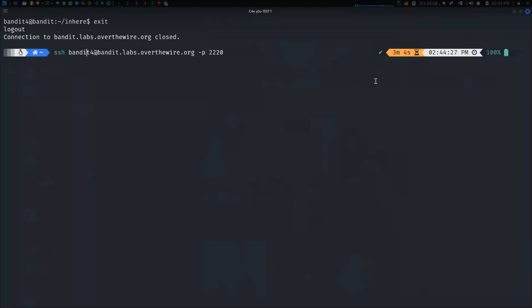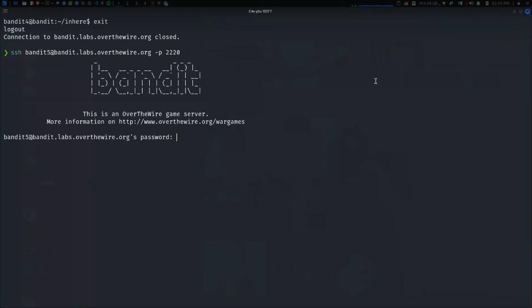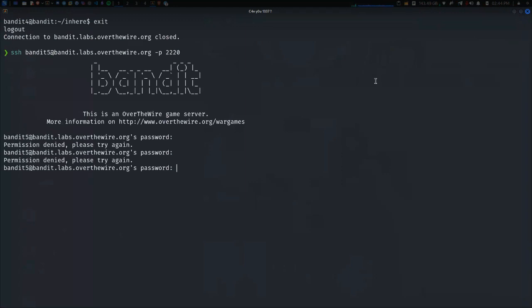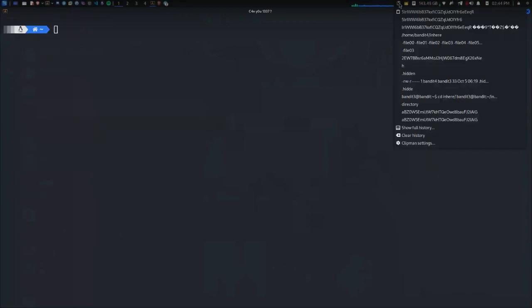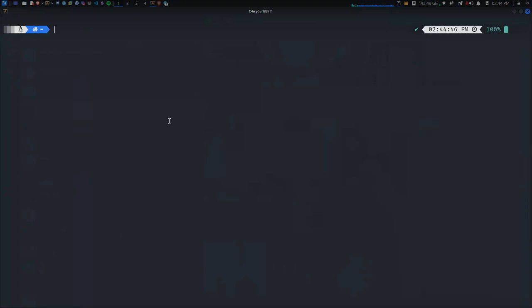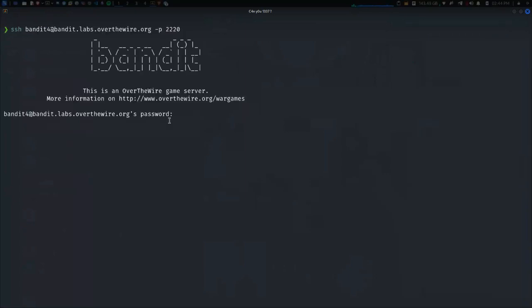I'm going to clear and exit, and let me see what happens. So let me see valid 5. Start with valid 5 there, and then paste in our password there. See if the password works. Now the password did not work. That's because we got an error because definitely we are using the password, and then the password we got that time won't work. So let's log in as bandit 4 again,